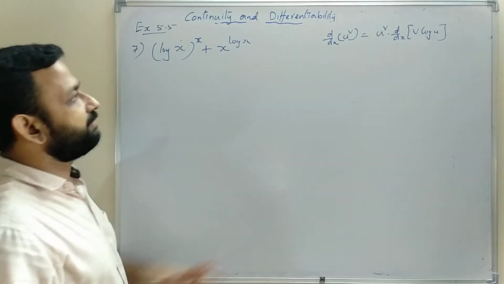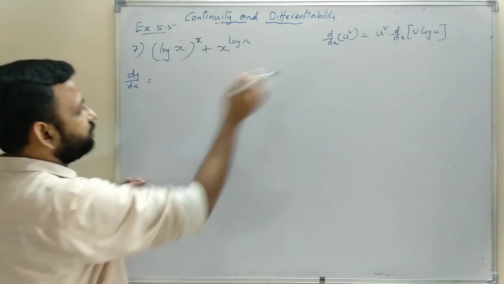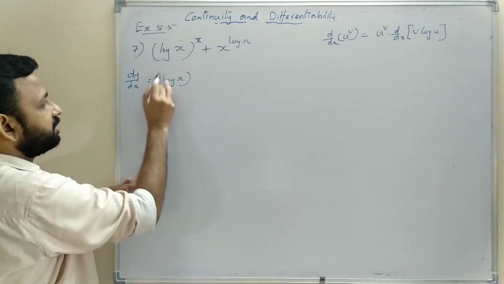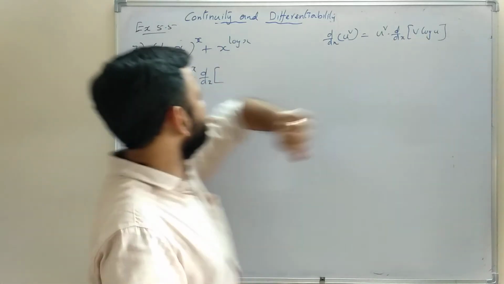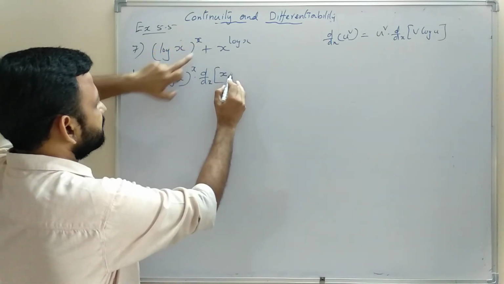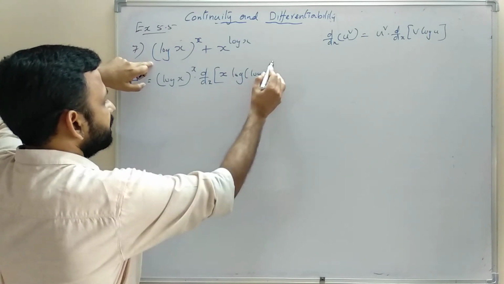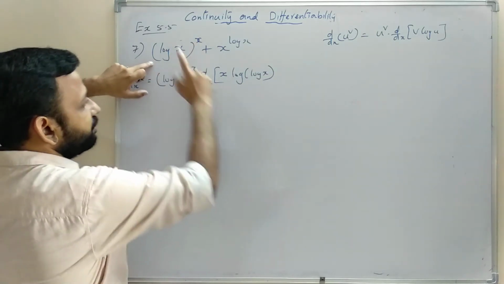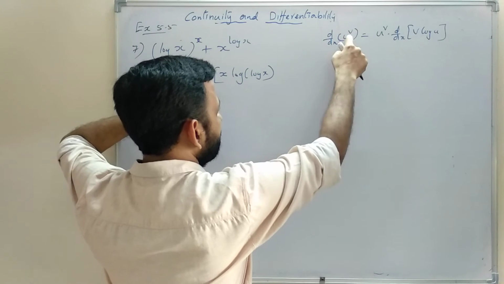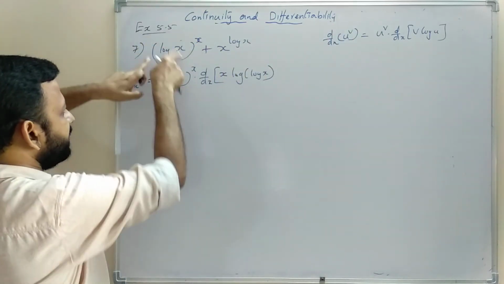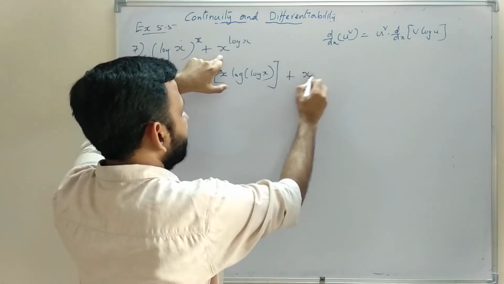So we can use that formula dy by dx equal to u raised to v, that is log x raised to the power x into d by dx of v log u, that is x, then log, then base log x. So that is once again u raised to v, then d by dx of x log base, x log x, plus same way x raised to log x, u raised to v into d by dx of